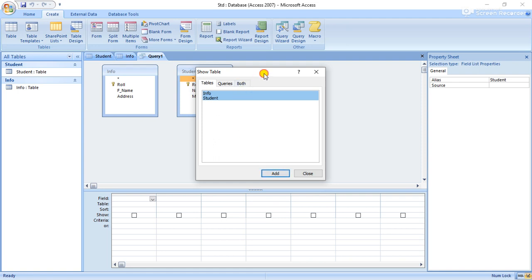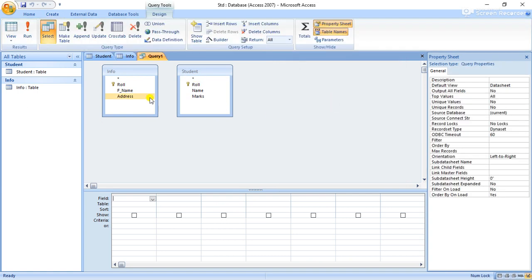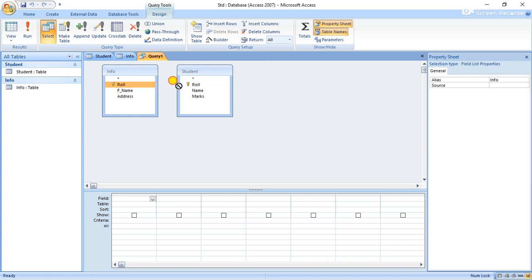Okay, so after clicking on this add button once, we see in our background there are two boxes, one for info and another for student. Okay, then close this box and let's create a relation. For creating a relation, we have to click from roll to roll.